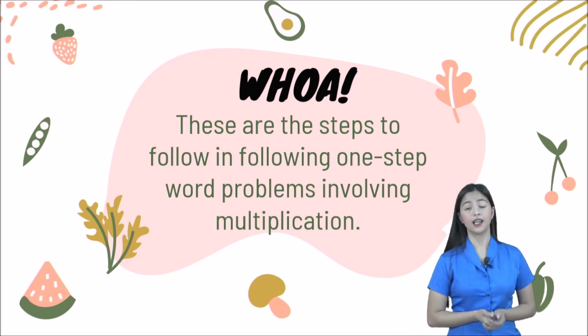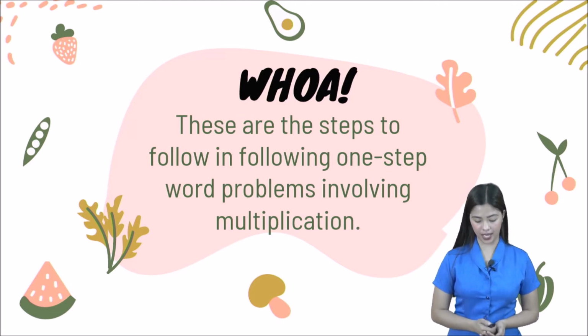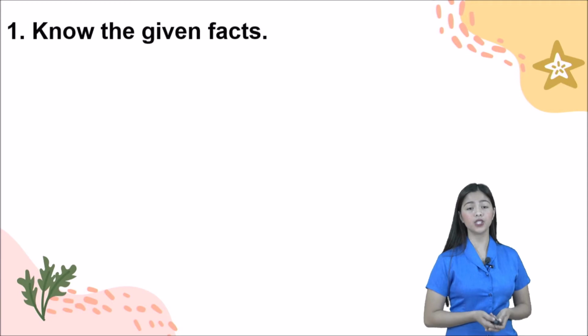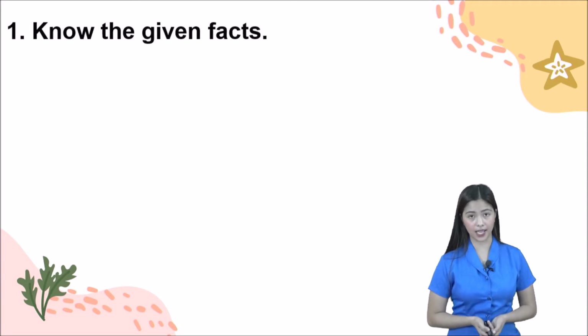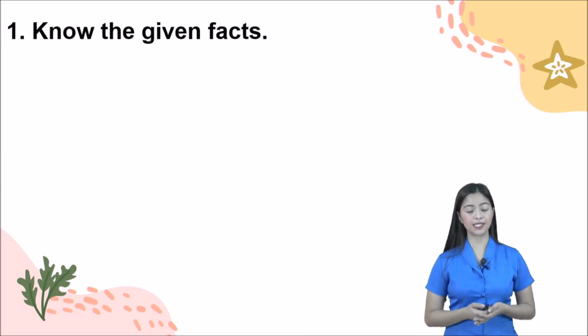Again, kids, I will repeat. To be able to answer word problems, always follow the steps, okay? So, let's repeat the steps that we have. Let's have the first one. We need to know the given facts. Again, kids, we need to know the given facts. And these are the numbers that can be seen inside